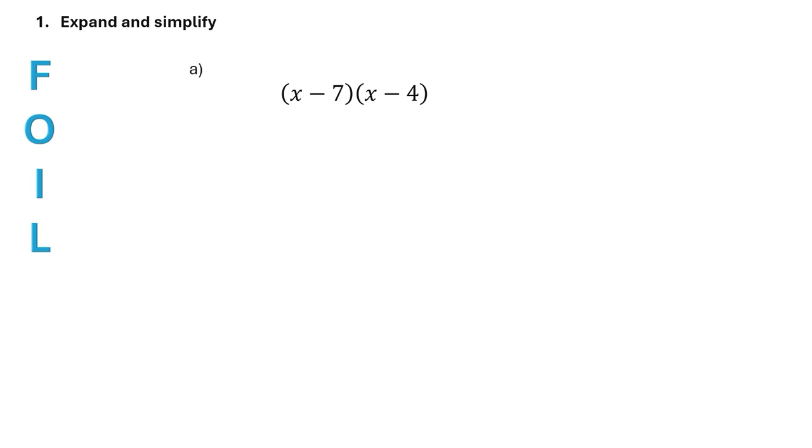Okay, our first question, x minus 7 times x minus 4. We're asked to expand and simplify it. So we'll use the FOIL method. So we'll start with our first